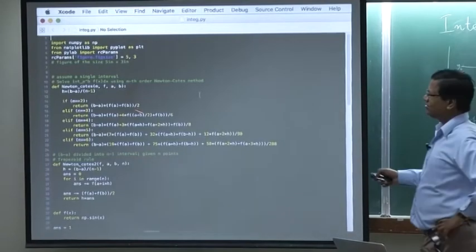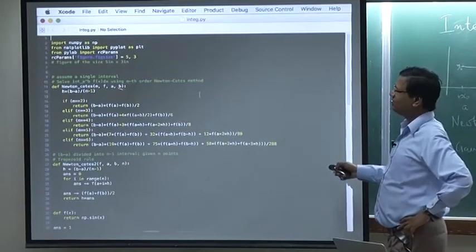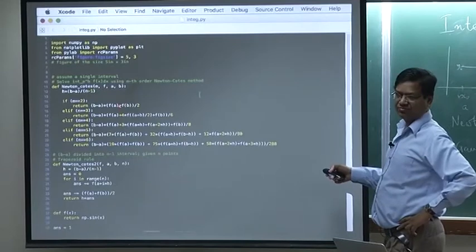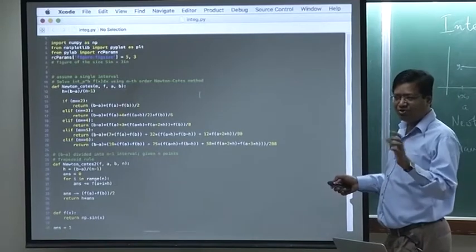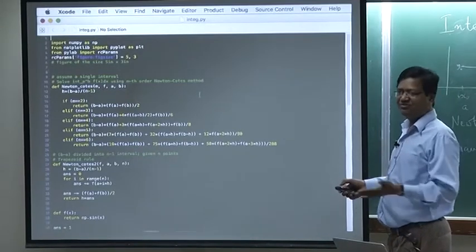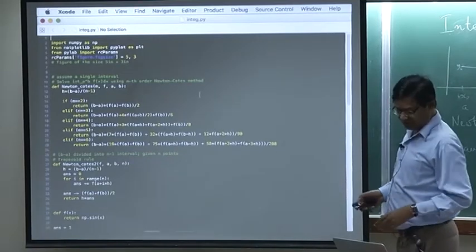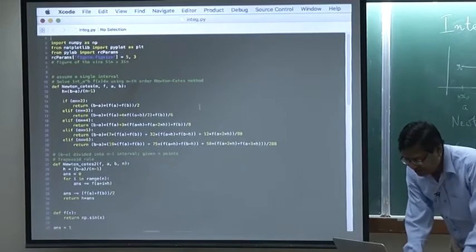So this will give me a function, the endpoints, and the number of points you want to use. You give me a and b, you don't give me the intermediate points. I will compute them, they are linearly spaced. Okay, so if we run it,